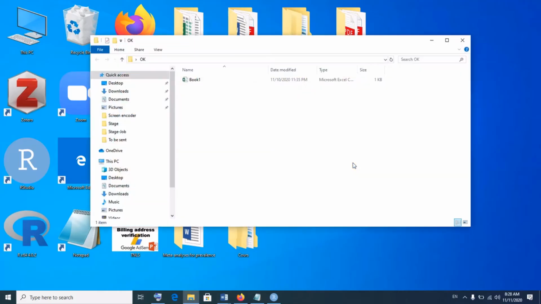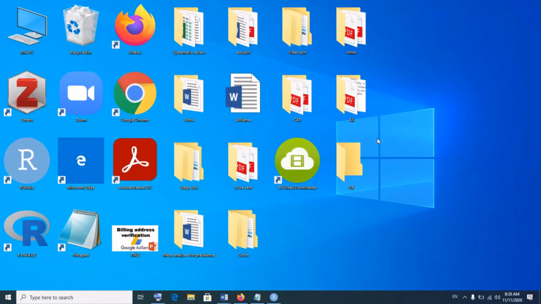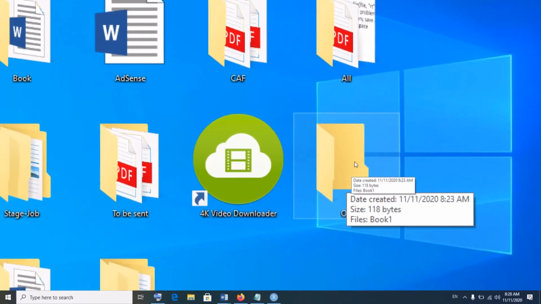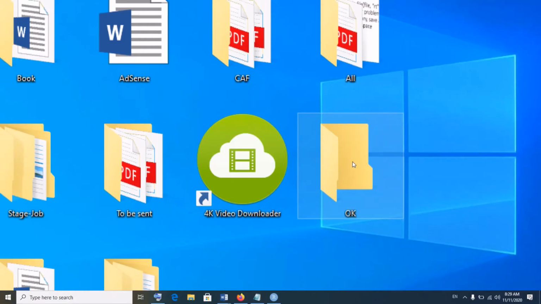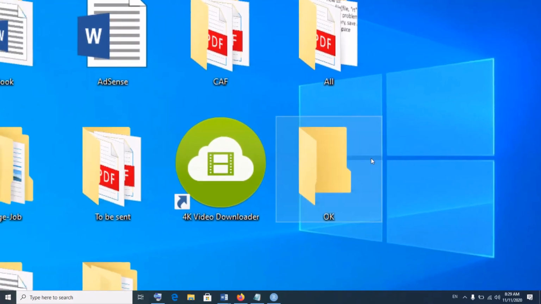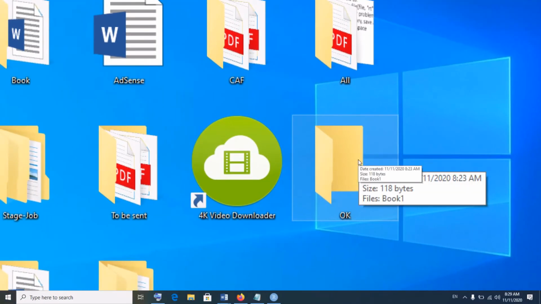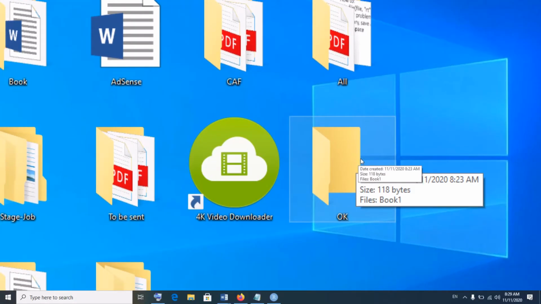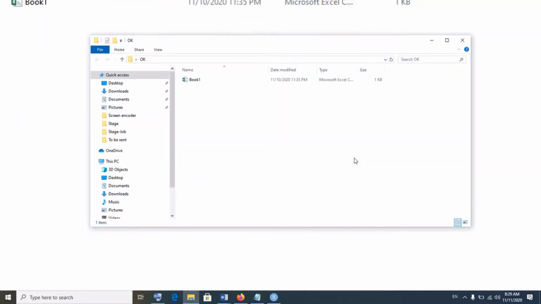So let's open it. We have to open the folder, and then we have to what? Let me take it once again in case it's not clear. Let me zoom. Right now we've kept our CSV file in a folder called OK. So we cannot use the original file path from when the file was on the desktop. It's not just about desktop and folder, it could be anywhere. If the file was on the desktop and you decide to put it in the D drive, you have to make sure you open the D drive